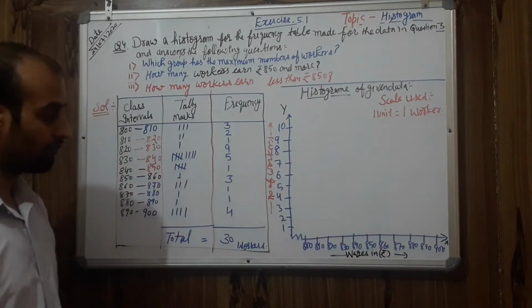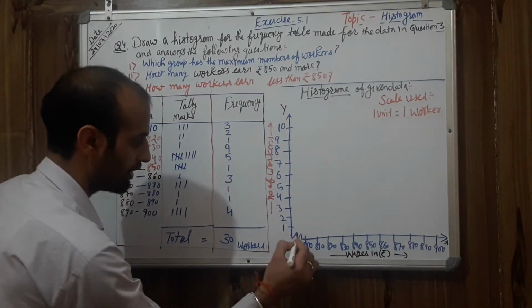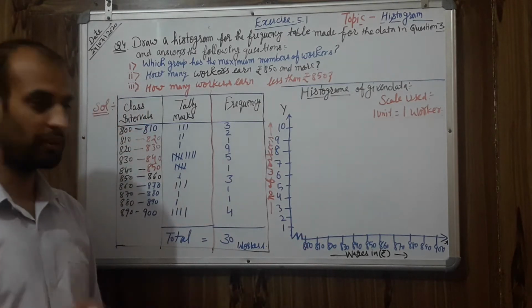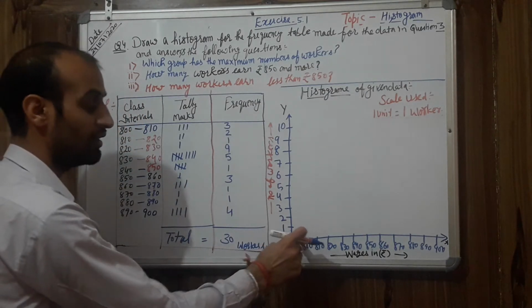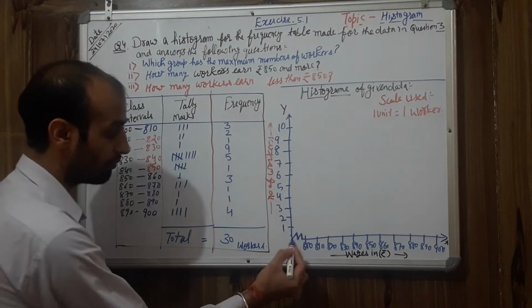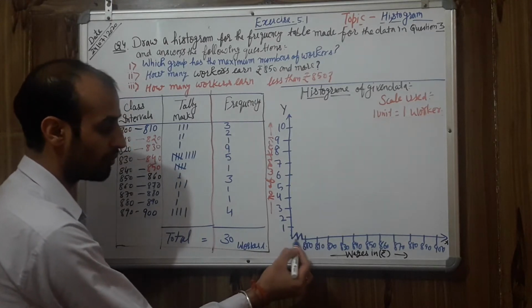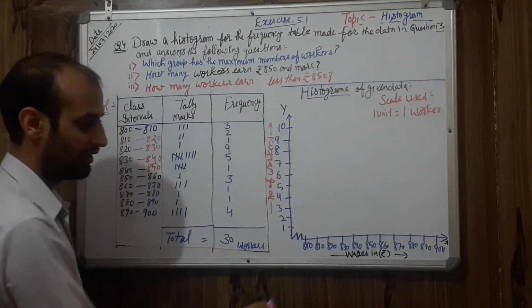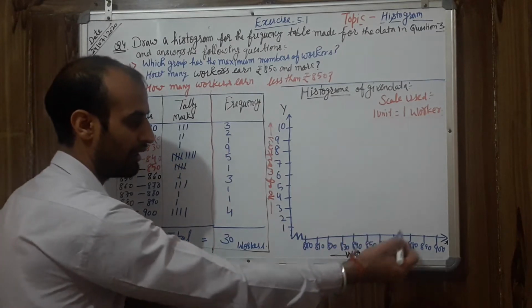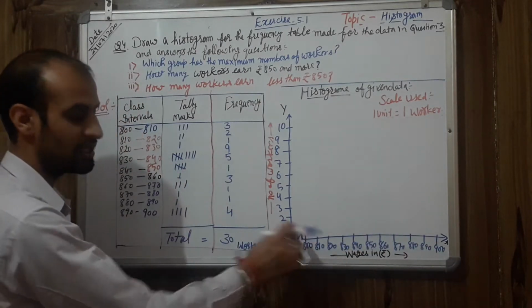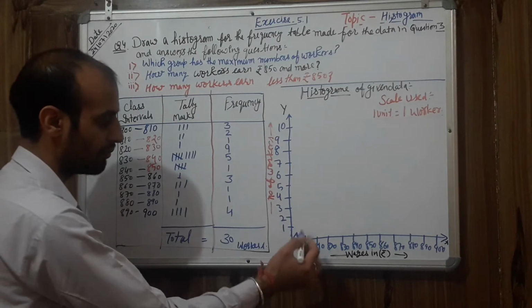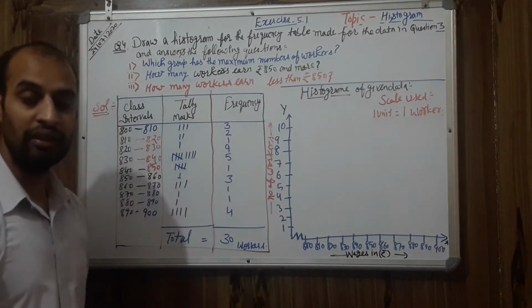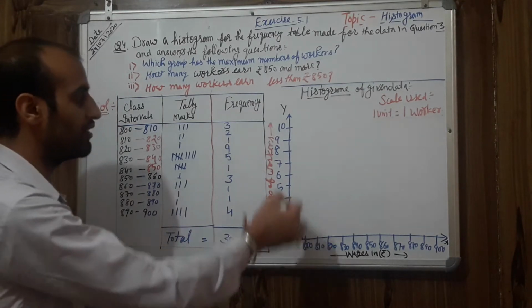And this sign which is represented here will look like an arrow. This represents that the data is not in a regular manner. How? You see the first gap is from 0 to 800 directly. Then the difference is 10, 10, 10 and 10 and so on. So the first difference is not fixed. That's why it shows the data is not regular at the start. On this side it is regular.